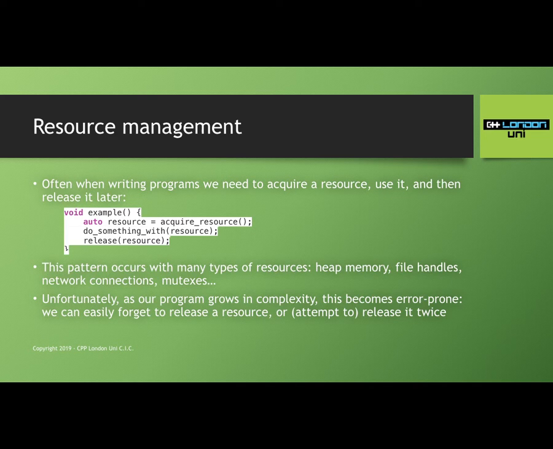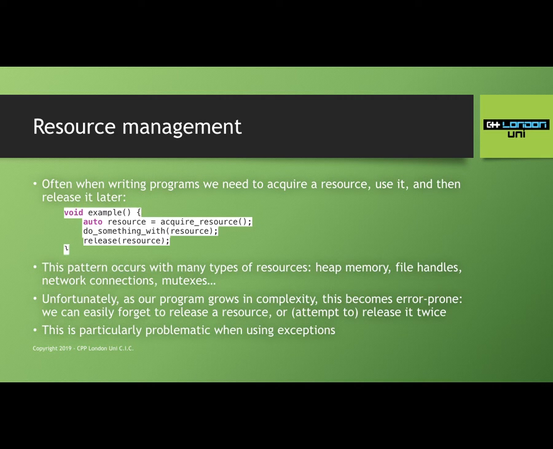Yes, Michael? Well, there's actually a very simple example when you try to clean up a binary tree. I've once tried it in C. It's very easy to miss one leaf. It's quite difficult to make sure that all of the nodes get cleaned up on the way. Yes. I'm not sure that most people have written binary trees in C. Whenever you have a pointer that points to a pointer, it's very difficult. A linked list, which is kind of a unary tree, would probably be another example. But the point is, as our program grows more complex, this becomes harder and harder to manage.